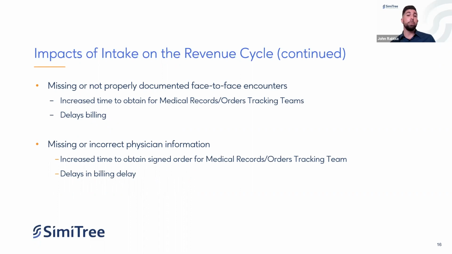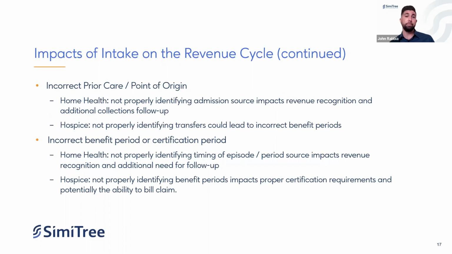And more on potential delays on the revenue cycle. If we're missing that face-to-face encounter, we talked about that, we're going to have to hold up billing until we get that. We only have a 30-day clock after the start of care to get it. So we need to make sure that we are optimizing that process and that we have tight workflows in place for that. And we discussed as well having the correct physician so that we can send those orders to the right person the first time and get them back efficiently. Need to make sure that we have the right admission source from a home health standpoint. So institutional versus community, it's going to have a big impact on the revenue that we can expect from that episode.